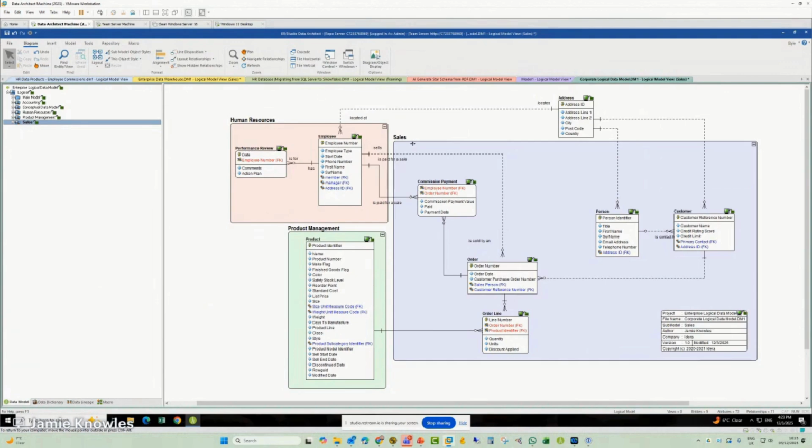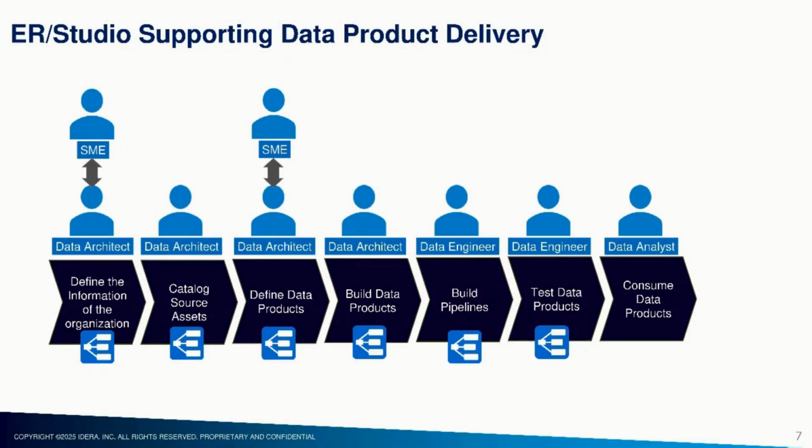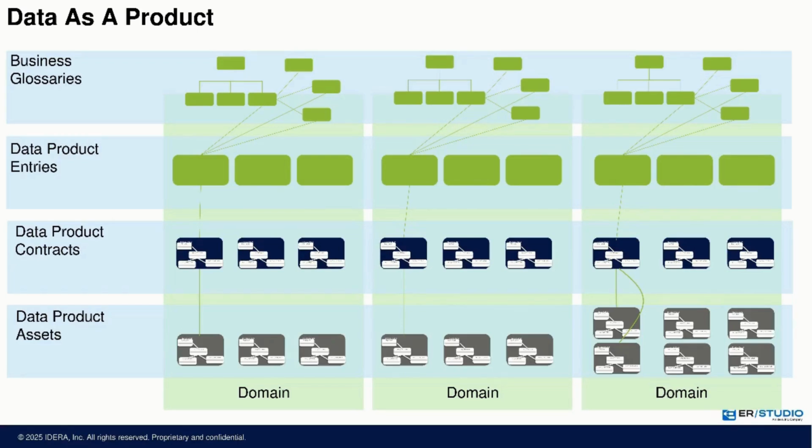An important thing about this approach is the notion of ownership. So some domains will own certain pieces of information. So here, sales owns orders and customers and commission payments, but HR owns the notion of an employee. Product management owns the notion of a product. And this is really important in our overarching architecture for our data platform. So across those different domains that we were looking at, let's go back to this slide here. So all these